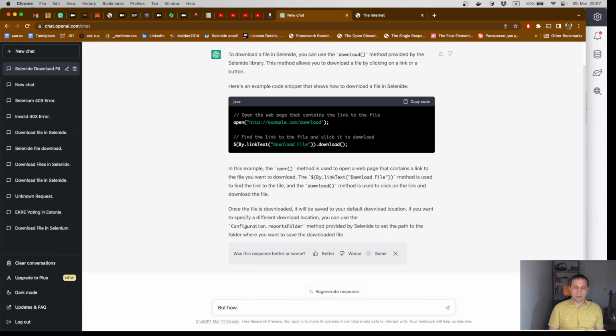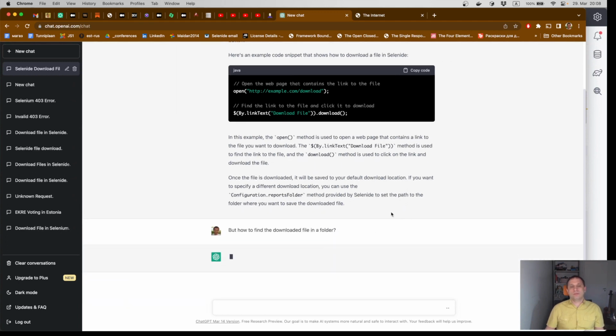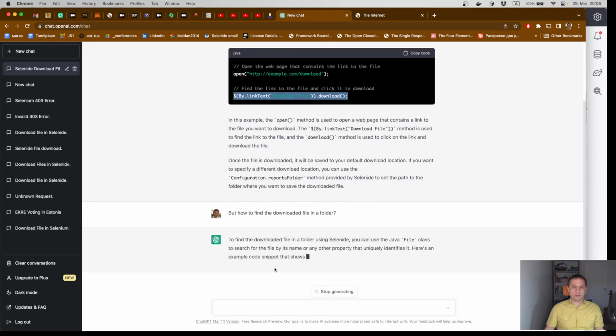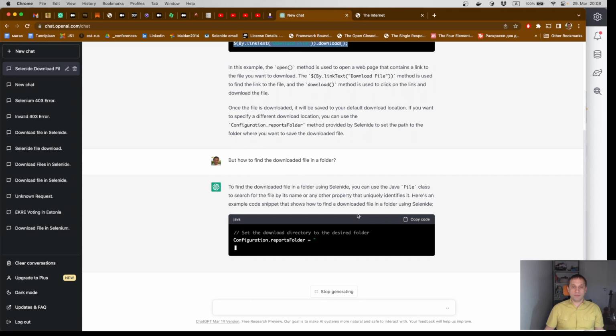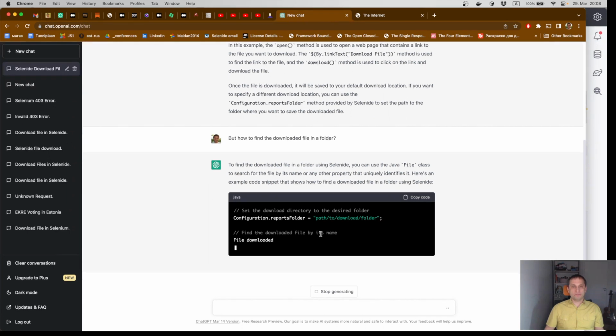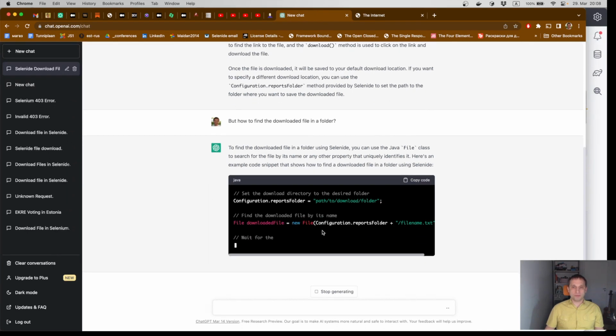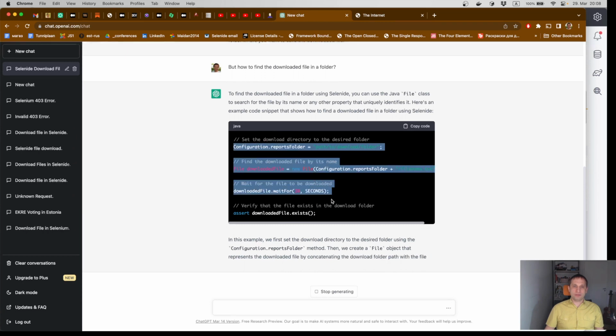But how to find the downloaded file in a folder? How can we find this file? It's the most tricky question actually. Chat suggests us to find this file by a name in this folder. Okay, let's try it. Let's copy paste this code.